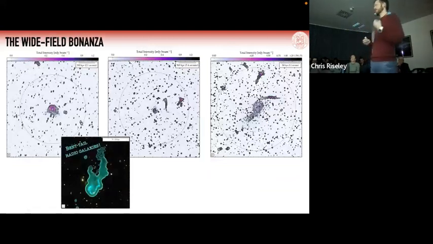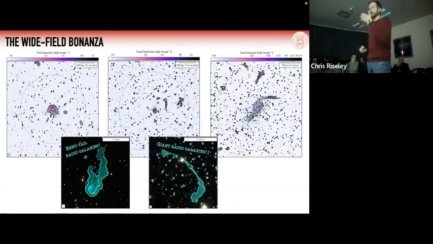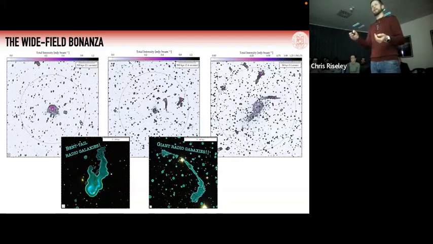But there's lots of interesting stuff in the wider field. You've got all kinds of bent-tailed radio galaxies where the host galaxy is here. This is not associated with any known cluster, but you don't get structures like that outside of overdense environments. We see giant radio galaxies, an average of 1 giant radio galaxy per field. Again, you've got the host here, and then the jet is very well collimated, and then suddenly deviates in that direction, and likewise slowly bends along this direction.